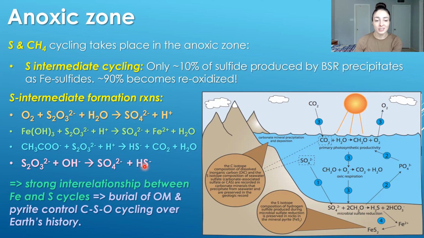What all of these sulfur cycle intermediate reactions, as well as the reactions we talked about in the previous slide with iron and sulfide, show us is that there's a strong interrelationship between the iron and sulfur cycles. And significantly, the burial of organic matter and pyrite heavily control the carbon, sulfur, and oxygen cycles, and have done so throughout Earth's history. Although these coupled processes are only significant in coastal marine settings, which only covers about 9% of the seafloor, these sediments and